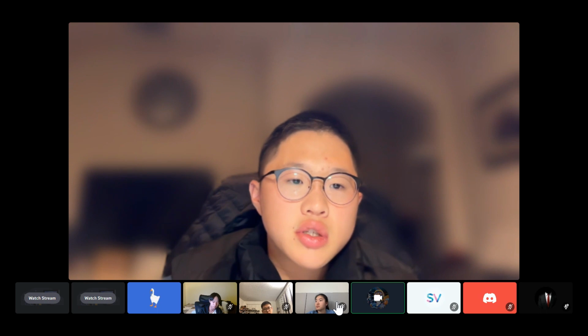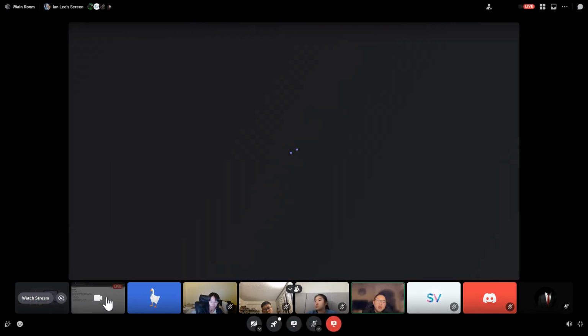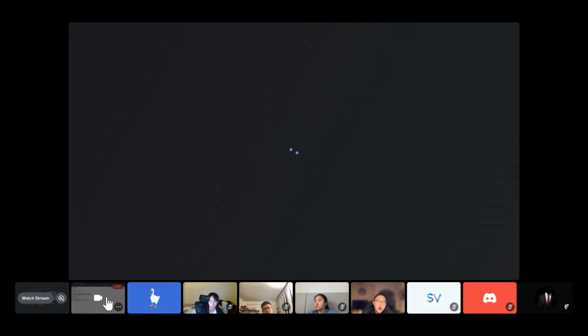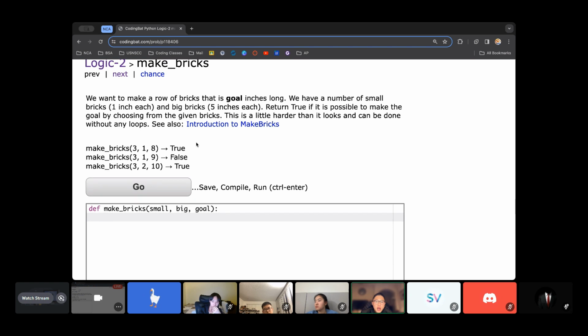So the first question is make bricks. What this question is asking is we want to make a row of bricks. There's a variable called goal, and it needs to be a certain number of inches long. We have small bricks and big bricks, and the small bricks are 1 inch and the big bricks are 5 inches. And we have to return true if it is possible to make the goal by choosing from the